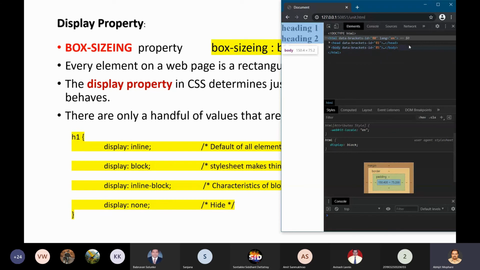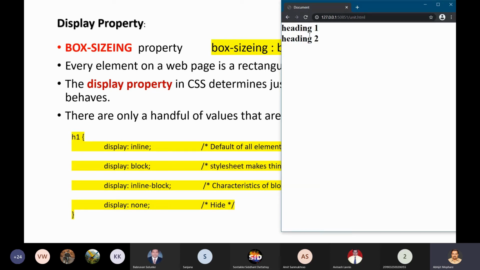By default, it occupies the entire width.